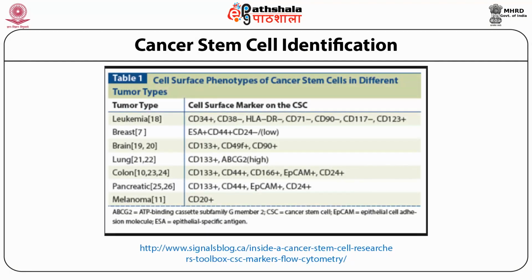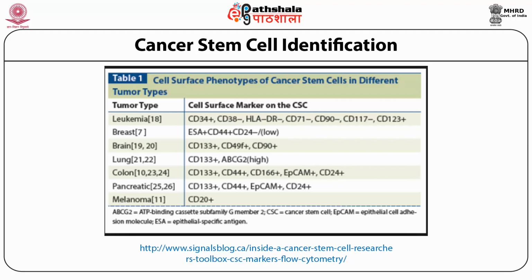This slide shows the important cell surface markers which can be used in conjunction with either flow cytometry or by imaging to identify a cancer stem cell. The most important marker in this is EPCAM. EPCAM is basically an adhesion molecule on the cell surface which is commonly present in certain cancer types such as the pancreatic and the liver cancer.